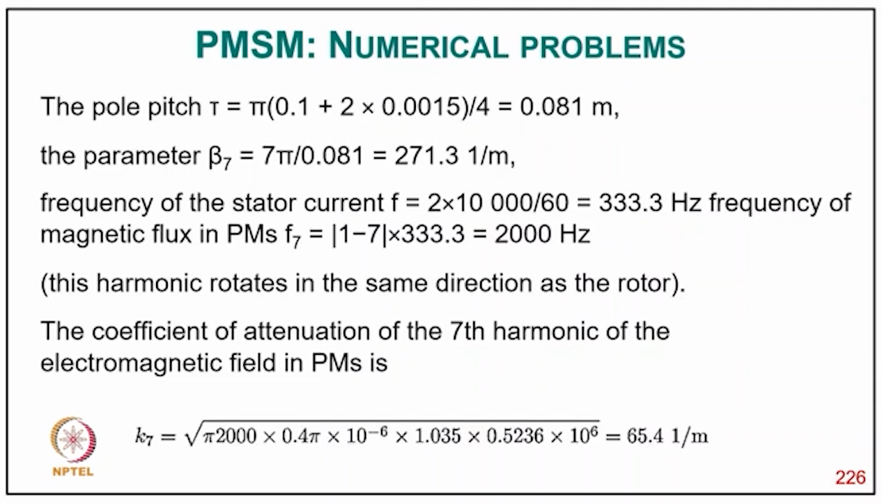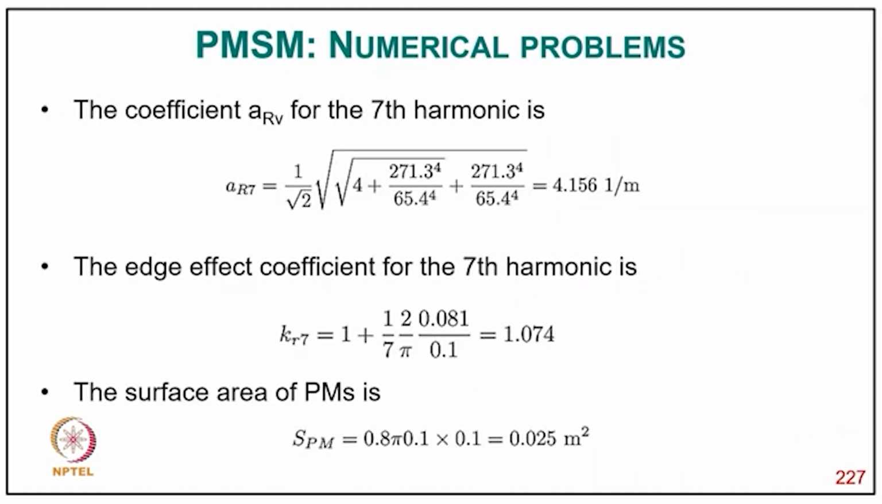333.3 hertz, and f7 equal to 1 minus, that's it, so that comes 2000 hertz, and this harmonic rotates in the same direction as the rotor. The coefficient of attenuation of the 7th harmonic is K7, putting values it comes 65.4 per meter. The coefficient for the 7th harmonic comes 4.156,